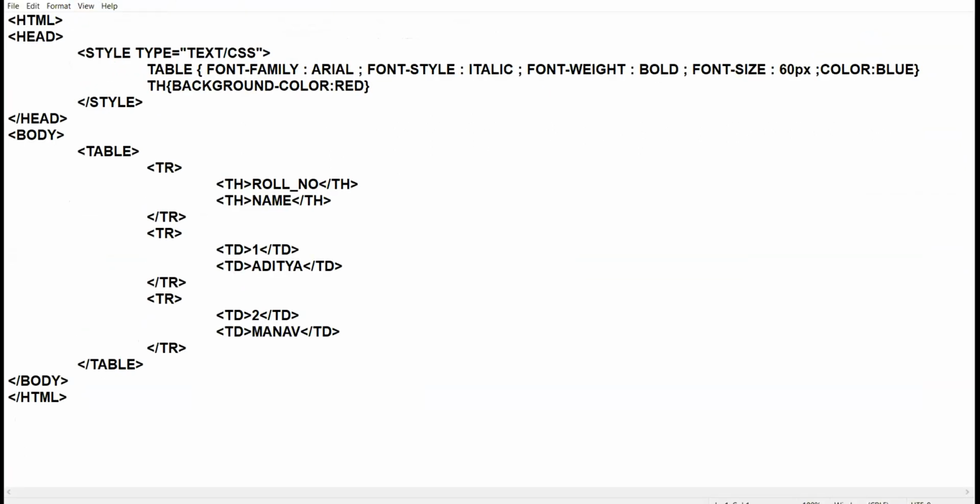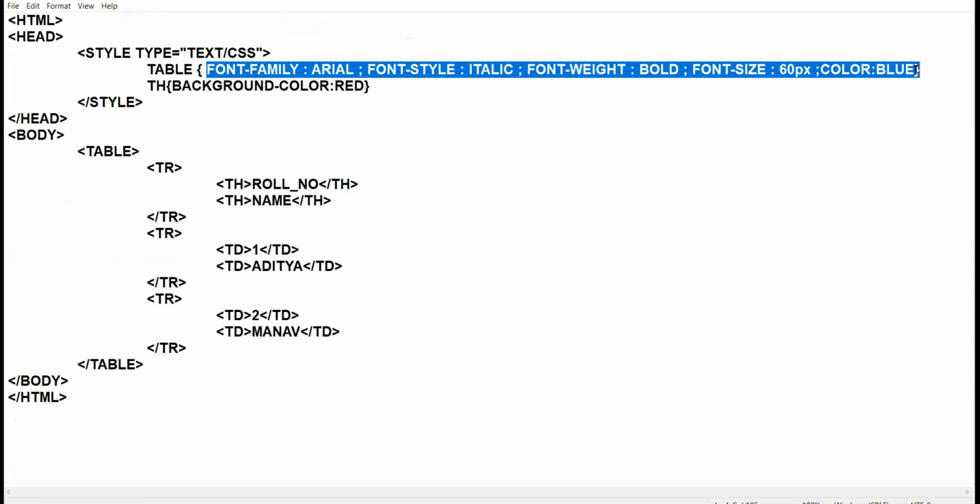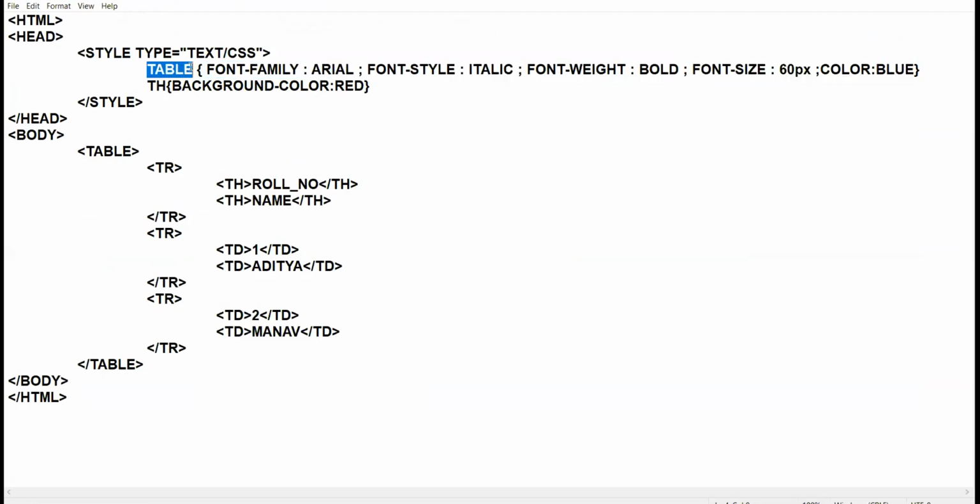I told you yesterday, whatever properties you apply to the table tag will apply to the entire table. Right?